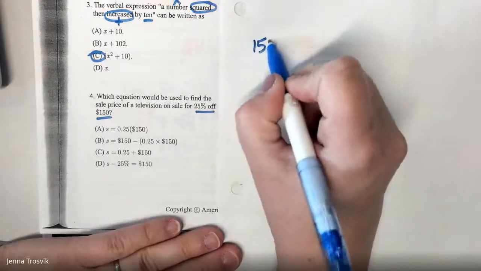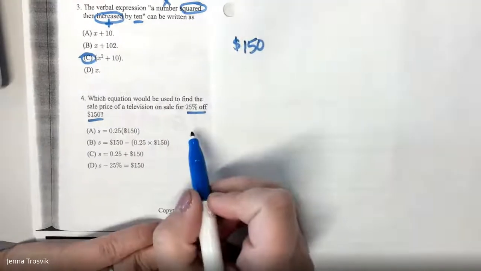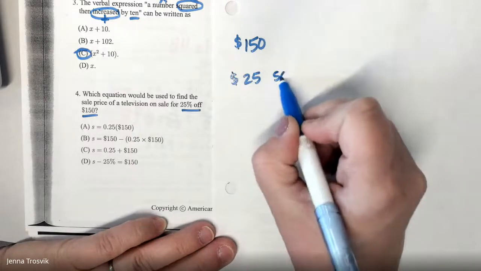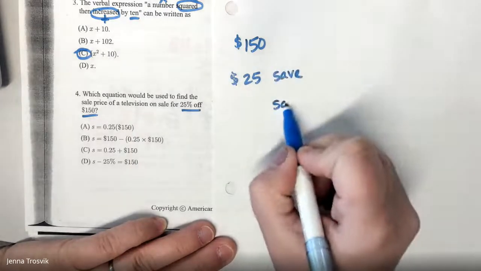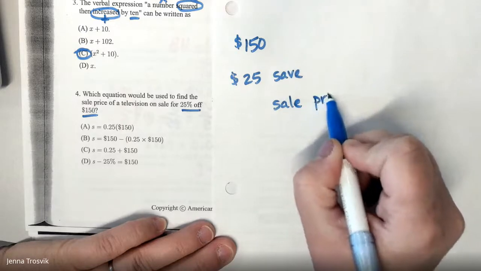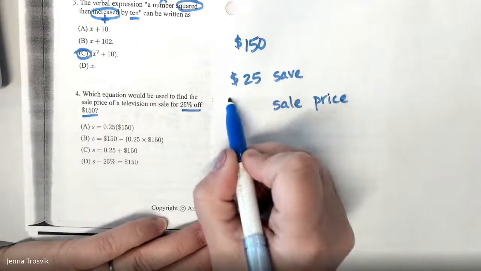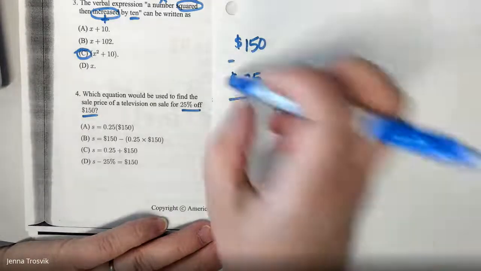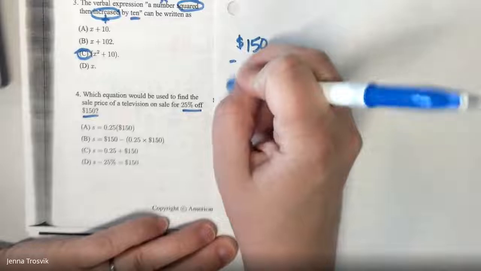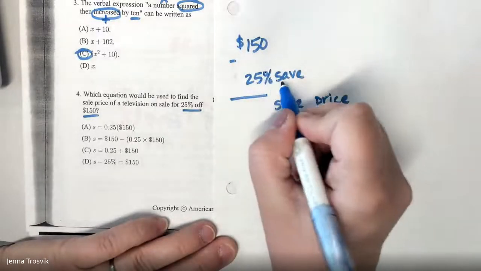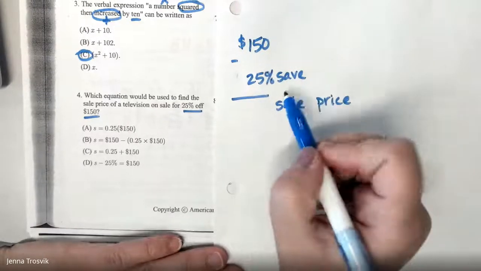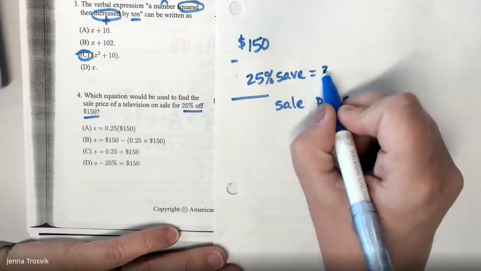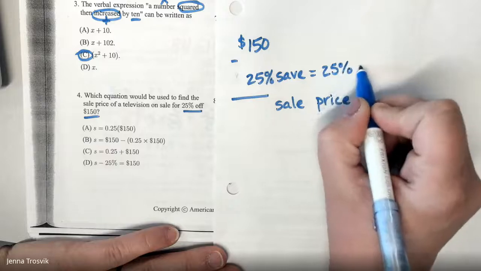So $150 is the original cost. 25% is what I save, but I want to know my sale price. So realistically, I want to know $150, take away the 25% that I save and get my sale price. Now, to solve for 25% of 150, that equation would be 25% times